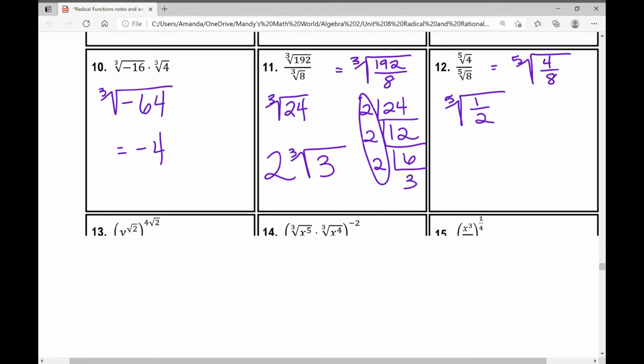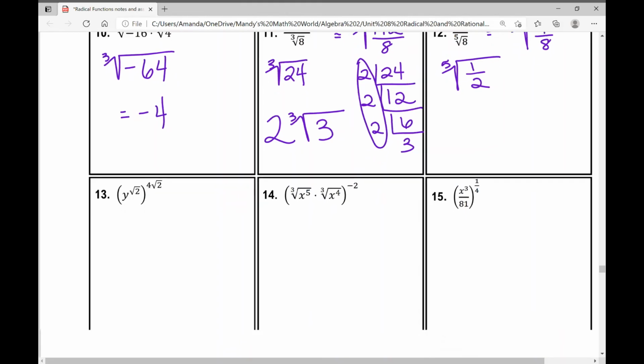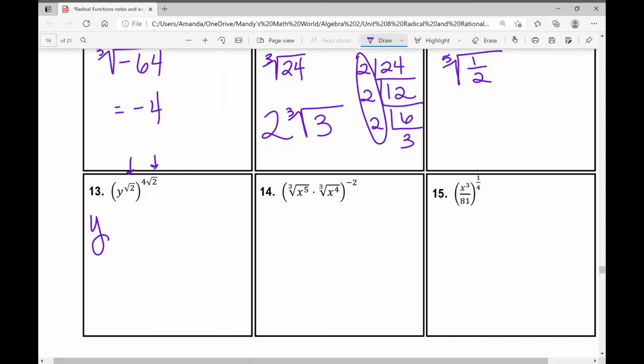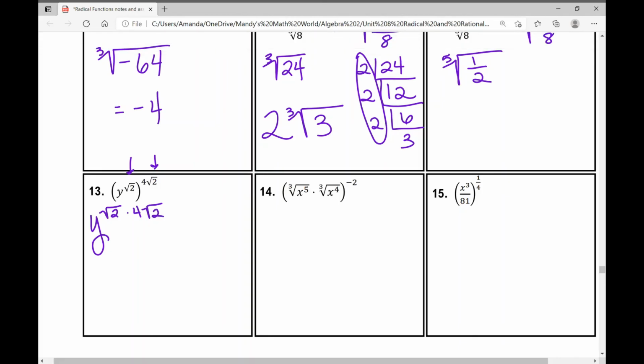Moving on to number 13. Let's look at this example. Okay, I've got a power raised to another power. What do I do with my exponents? I multiply them. Okay, I'm going to rewrite this so you can really see this. Square root of 2 times 4 square roots of 2, or 4 root 2. What can I do when I'm multiplying radicals? I multiply the radicands. So that's going to be y raised to the power of 4 times the square root